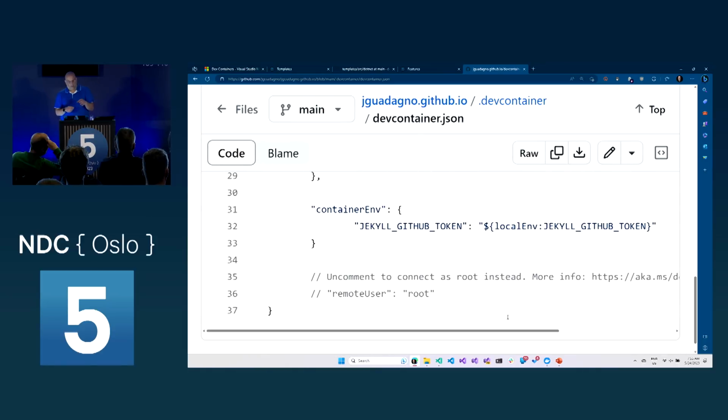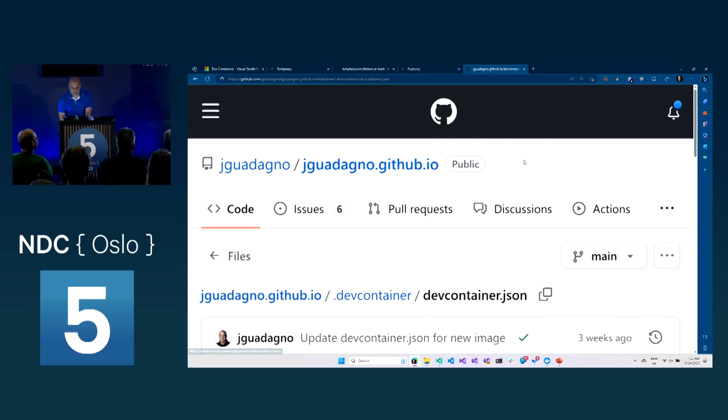Now, I'm also using another feature which I didn't talk about yet, which is called the container environment. This allows you to pass in any environment variables. So if you're connecting to a remote SQL server, but you don't want your passwords in code, you can create environment variables the same way that you could in Docker with a .env file, or using the $, and then the environment. And you can change that up here